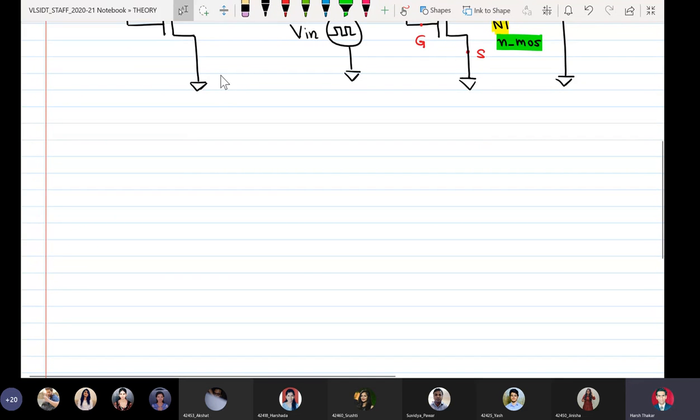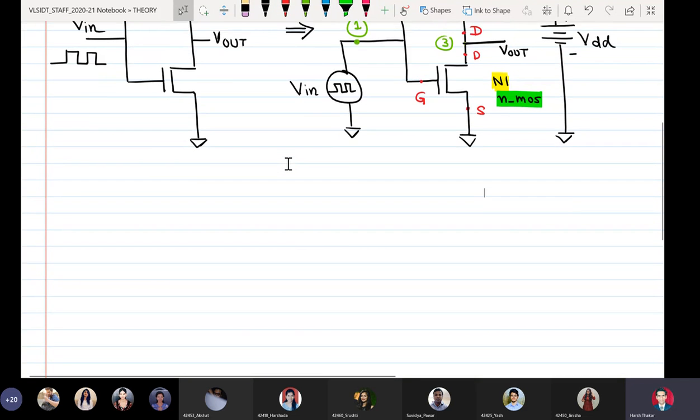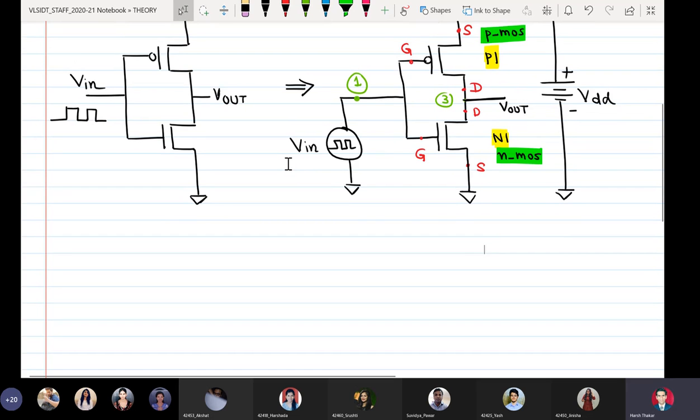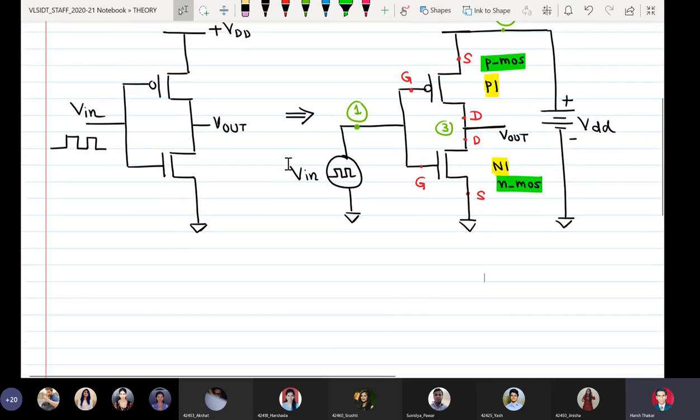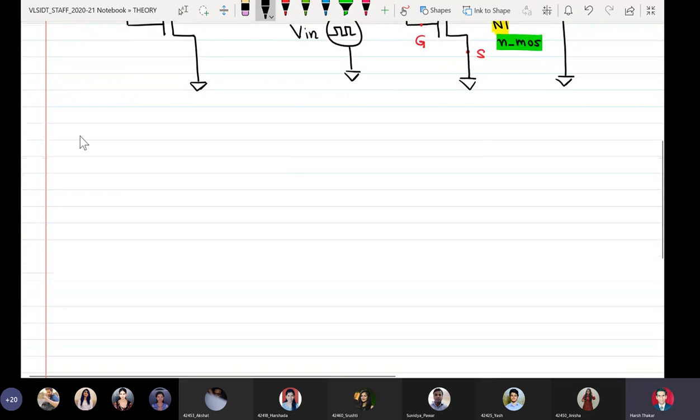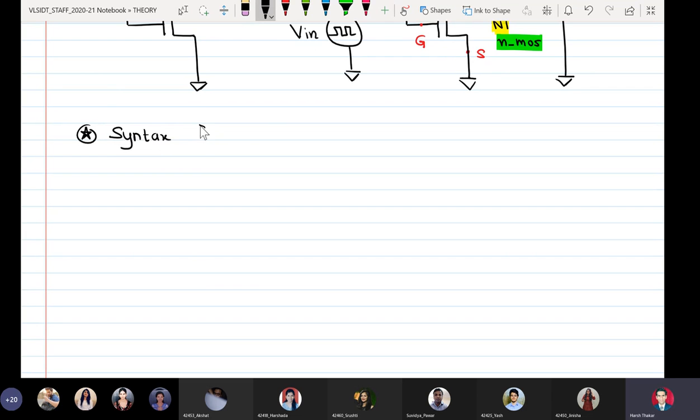Once we learn the new things, then we can incorporate all of them, and then we can write the SPICE model for plotting the VTC of a CMOS inverter. So, the syntax for defining a clock signal in SPICE. Okay, so understand one thing, that